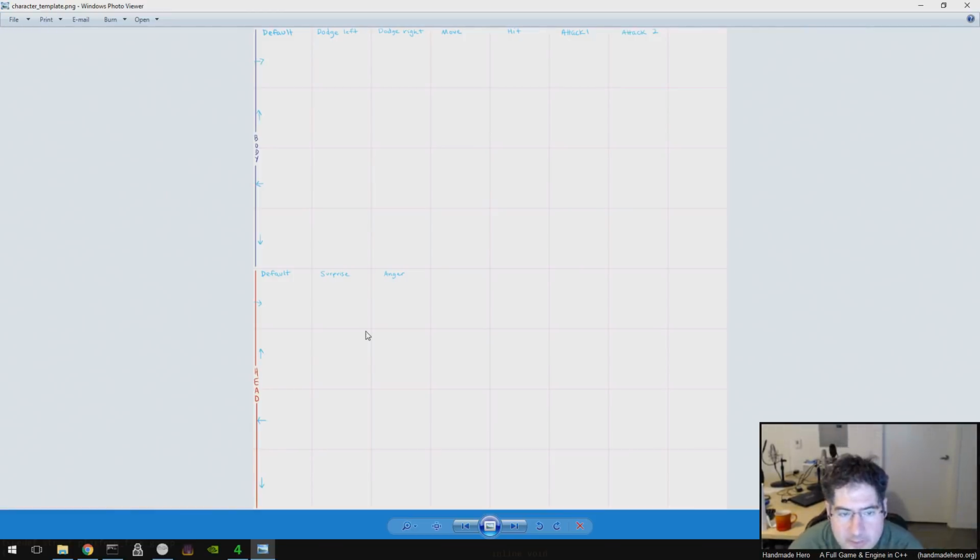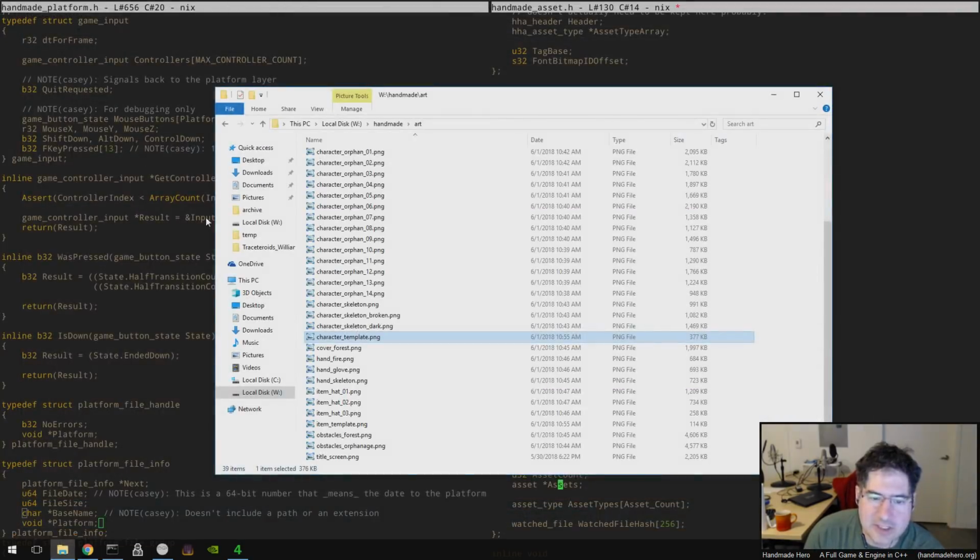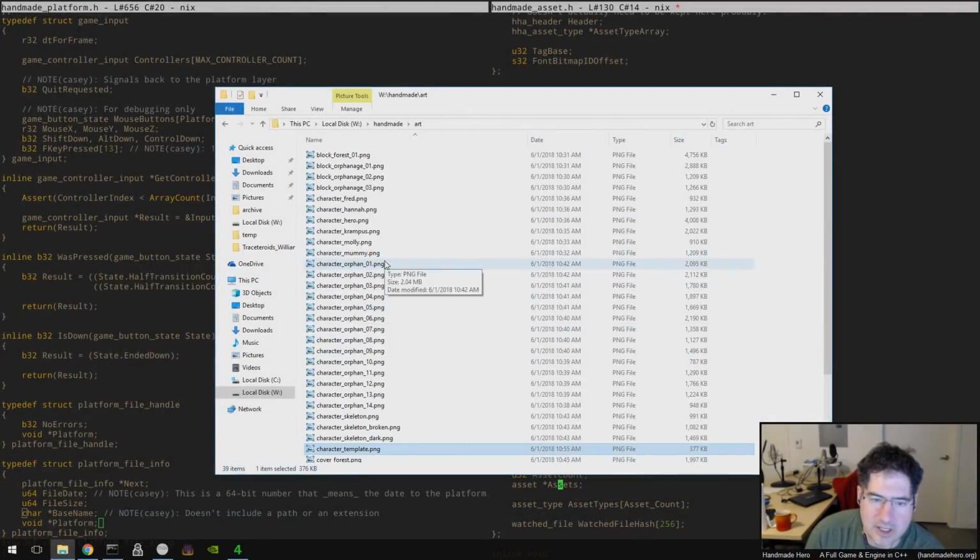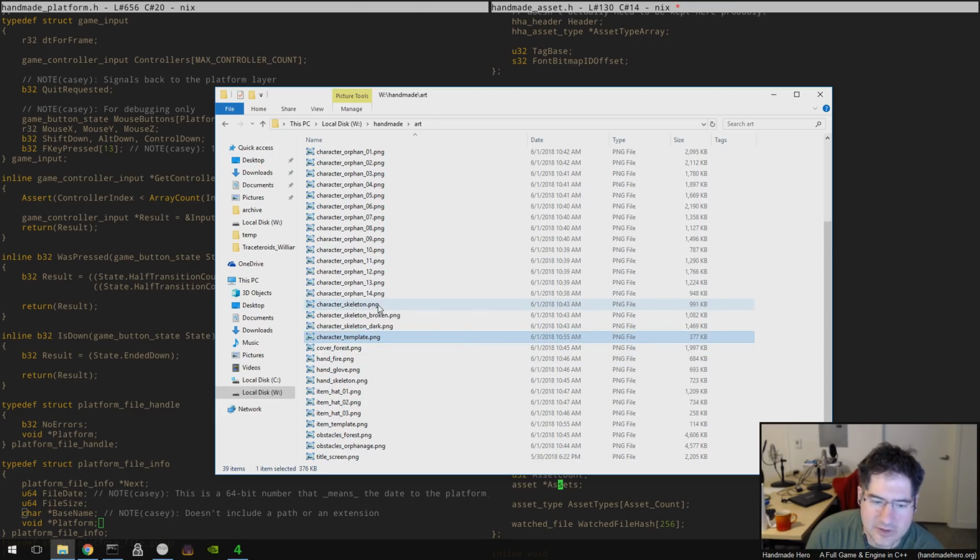So when we load up a PNG, we've got something that looks like this, and each of these squares is a different art asset, right? So for example, up in here, we have the rightward facing default body, leftward facing default body, and so on, right? I'm sorry, dodging leftward facing default body, right? Blah, blah, blah. And then if you take a look at the actual monsters that are in here,